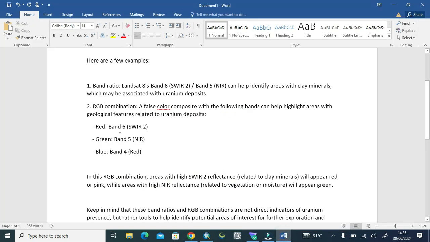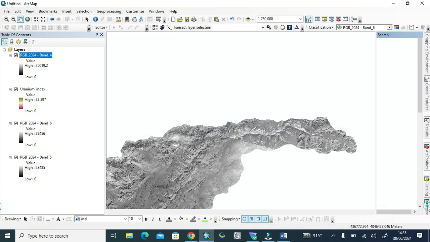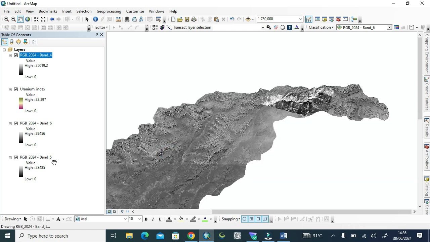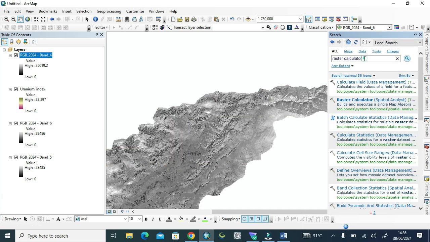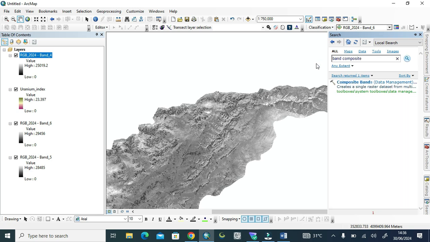And now we show this formula again, and we open the search bar in ArcGIS and search for the band composite tool which we use. Okay, so we simply select it.